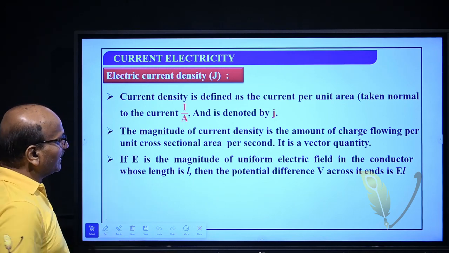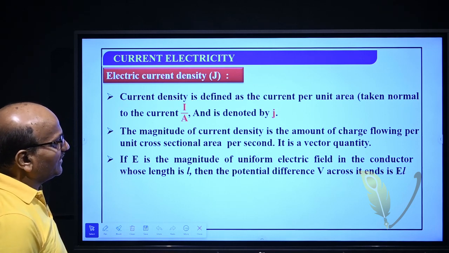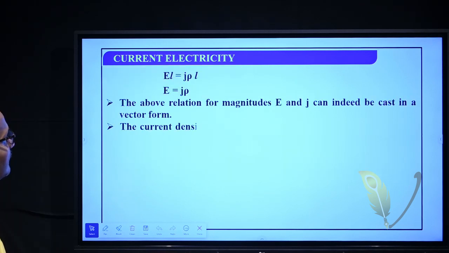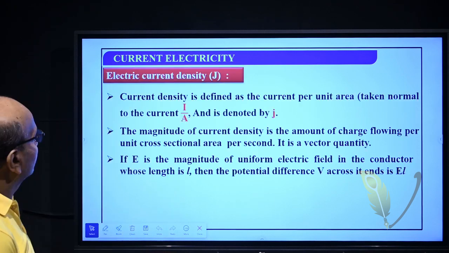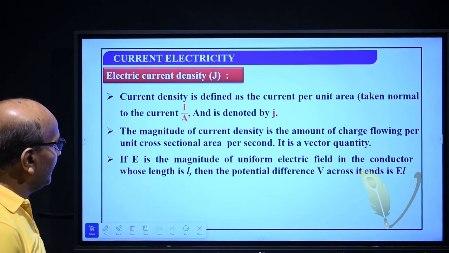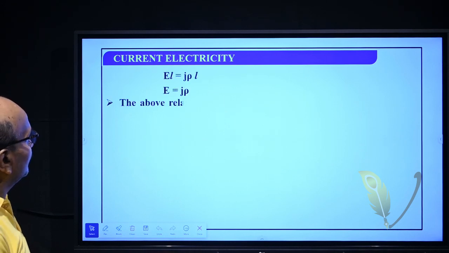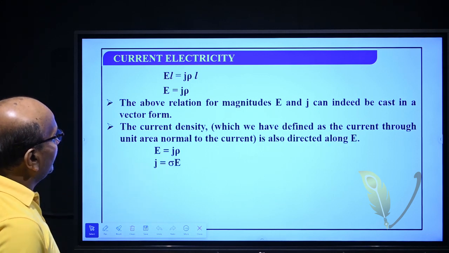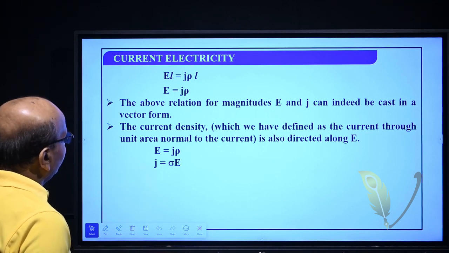So, if E is the magnitude of the uniform electric field in the conductor whose length is L, then the potential difference V across it is E into L, which is equal to J rho L, where E is equal to J into rho. How will it be? You see,